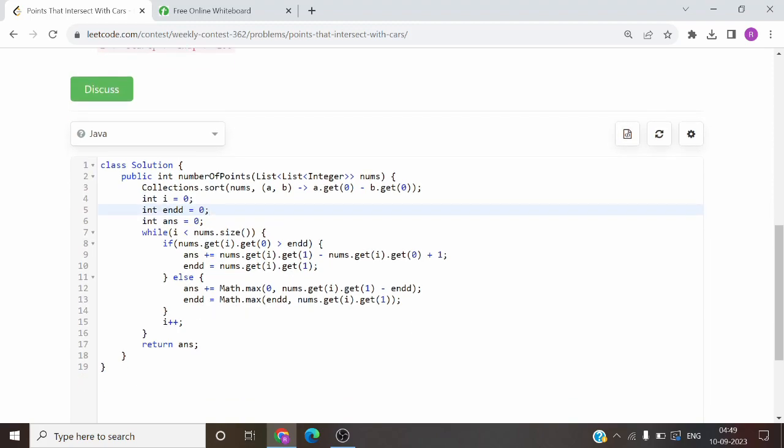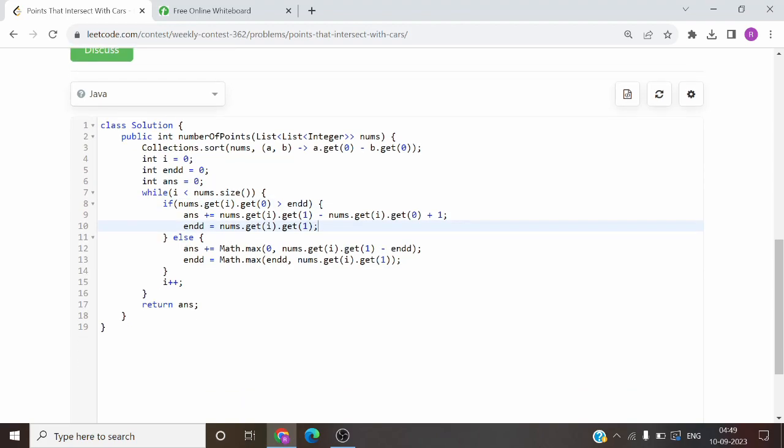एंड मैंने जस्ट चेक किया है कि करंट का जो स्टार्टिंग पॉइंट है अगर वो एंड से ज़्यादा है, मतलब ऑलरेडी कवर्ड नहीं है वो एरिया, तब तो आंसर में हमने जितना वो एरिया है वो ऐड कर दिया और एंड को इस वाली कार का एंड बता दिया। बट नहीं, अगर वो एंड वाला इस वाली से हमारे स्टार्टिंग पॉइंट को ऑलरेडी कवर कर रहा है, जो कि ये